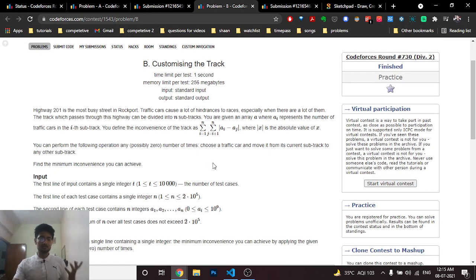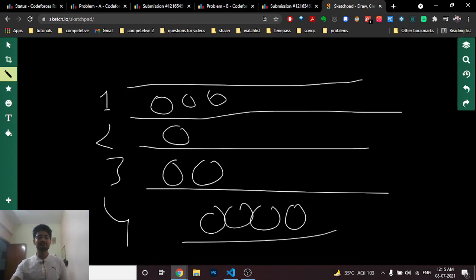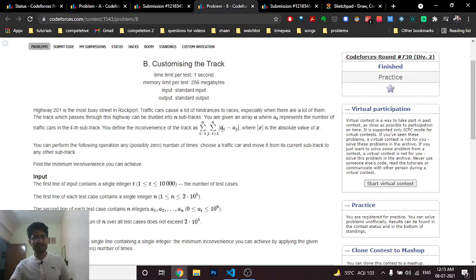How can you minimize it? What you can do in this problem is you can just take some cars and evenly distribute them. You can distribute those cars anywhere you want. So I can take this car and put it anywhere else. I can put all of these cars according to my convenience, so that I decrease the total inconvenience. Now what you can simply say is the inconvenience can be decreased if I can somehow make this A_i minus A_j 0, because this cannot become negative. Because this is an absolute value.